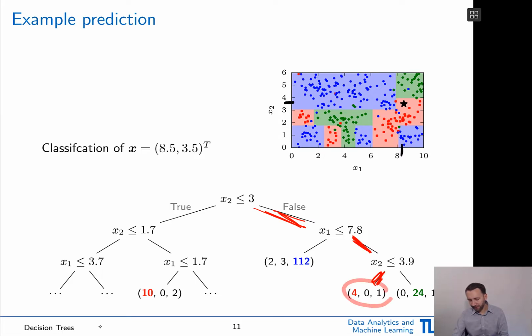And then we see in this region, we have this probability distribution, unnormalized so far. So we have 4 divided by 5, 0 divided by 5, 1 divided by 5, right? So this probability distribution is then what we use in this region. So the majority vote would go here, of course. We predict it as red. Okay? So what you see is that the decision tree, using these so-called binary splits, is subdividing our space into